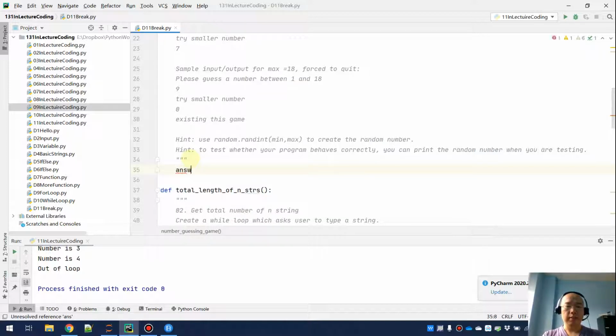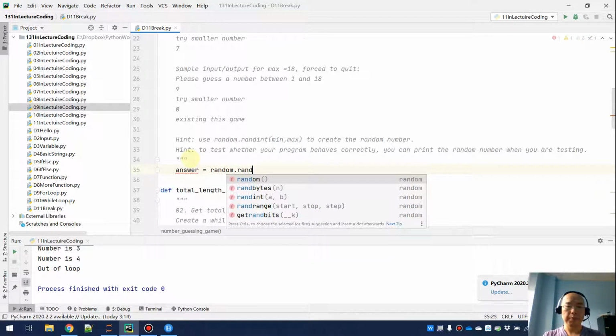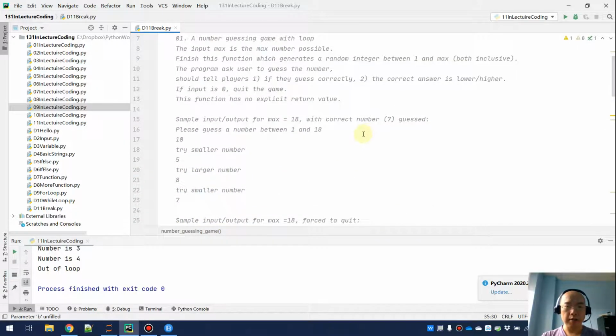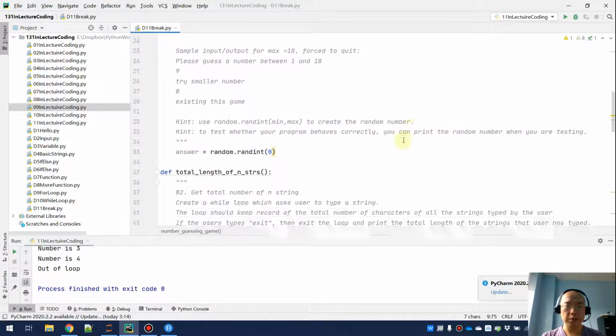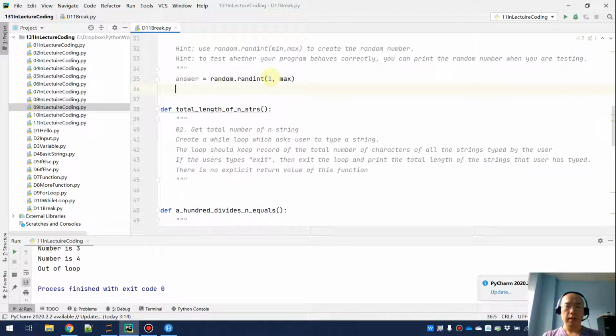So say answer equals random dot randint, and then between, I believe I say 1 to max. Okay, so that is between 1 comma max. So that is the correct answer. And well, then we want to get the user's guess first. Okay, so you can say